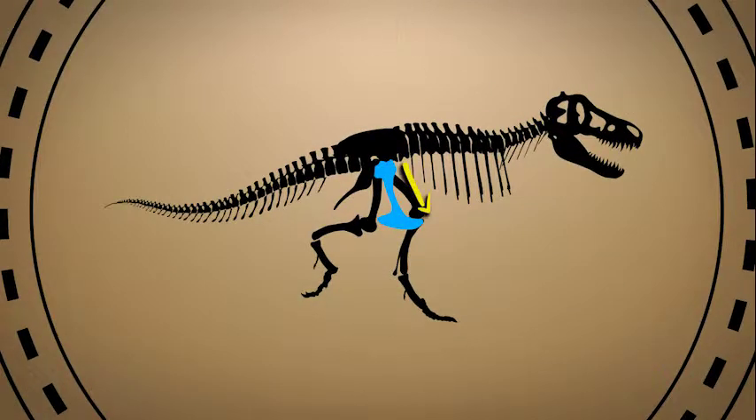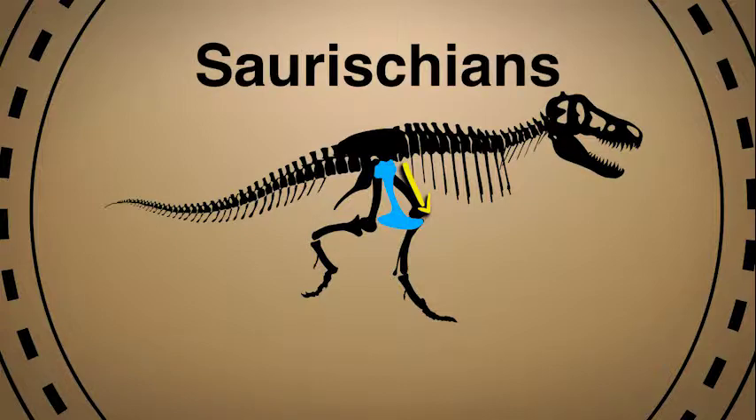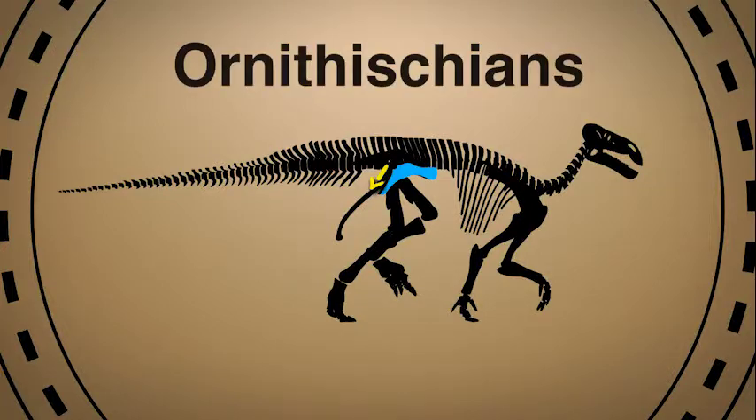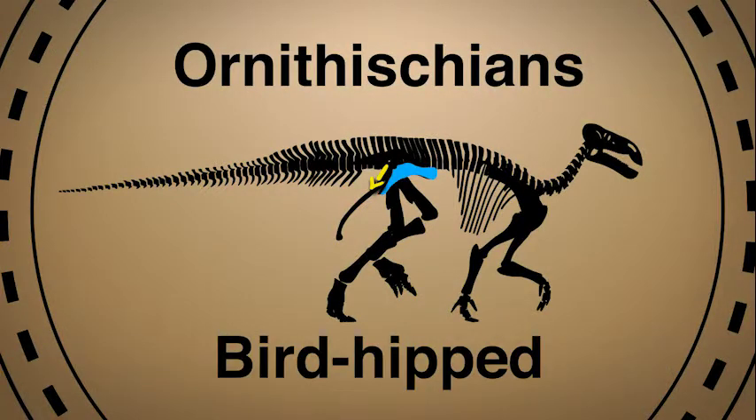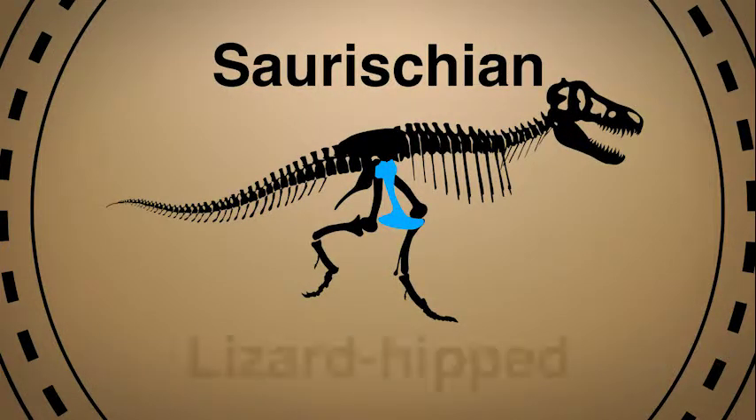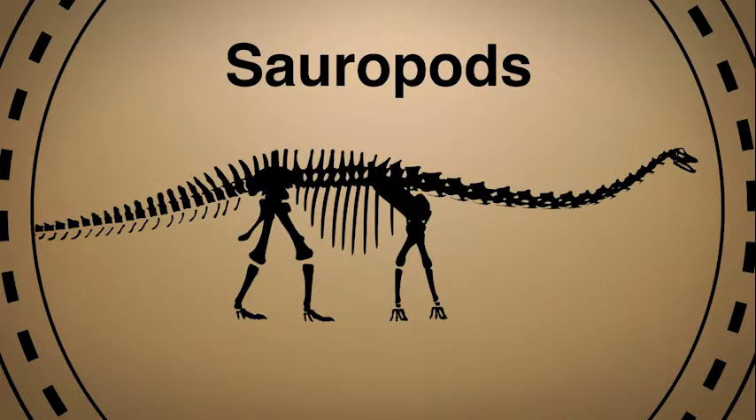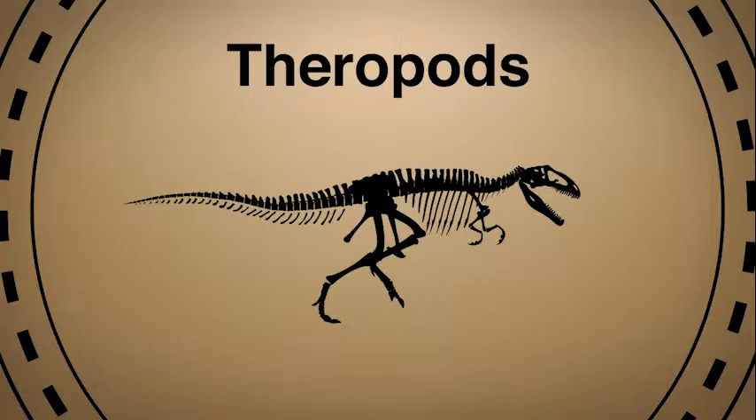Dinosaurs that have a forward-pointing pubis bone, toward the ribs and not the tail, are called Saurischians, which means lizard-hipped. Dinosaurs that have a backward-pointing pubis bone, toward the tail and away from the ribs, are called Ornithischians, which means bird-hipped. The Saurischian, or lizard-hipped dinosaurs, are divided into two groups, the sauropods, which means lizard-footed, and theropods, which means